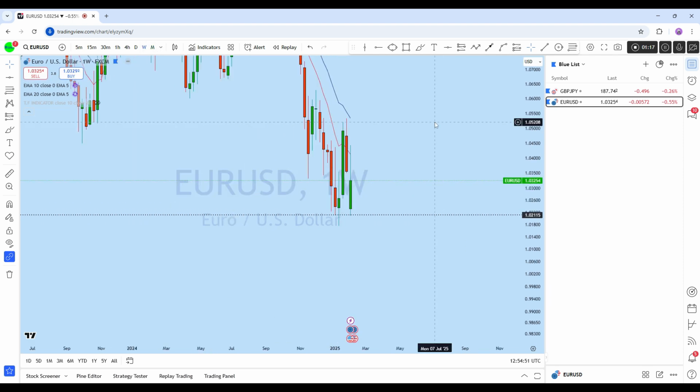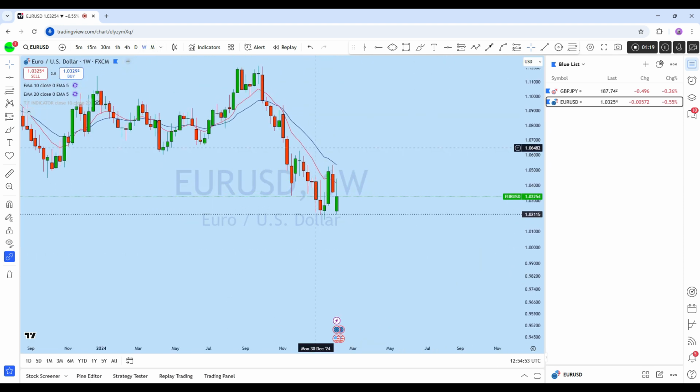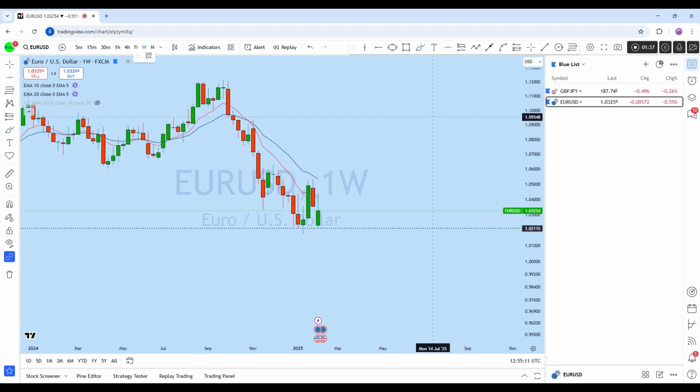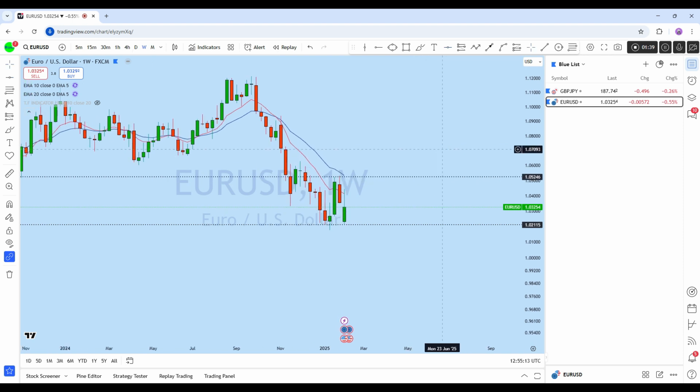Dropping down to the weekly chart, this is the weekly price action. Starting from here, this is a weekly drop followed by this pullback, and we can see another drop followed by another pullback, and there's a big drop here followed by a bounce on EUR/USD. From the weekly perspective, the price has reached that resistance line and grabbed liquidity from that bearish price action